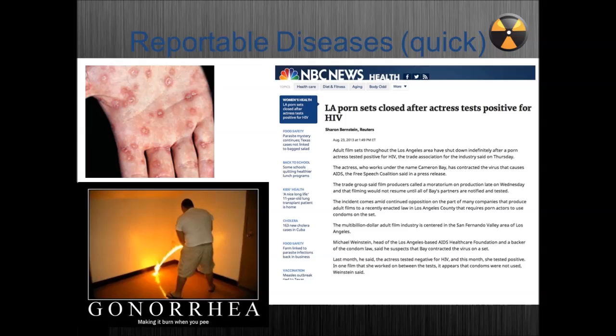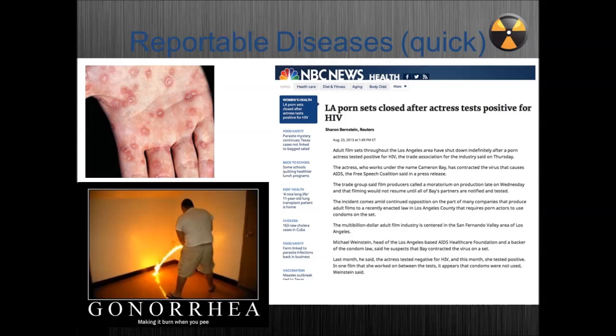Okay? Who knows what the hand is showing up in the top right corner? That rash. If you see a rash on the palm of somebody's hand, you probably shouldn't shake it. There are a few things that cause rash on the hands and the soles of the feet, and you don't want any part of those. Okay? That's an example of syphilis.